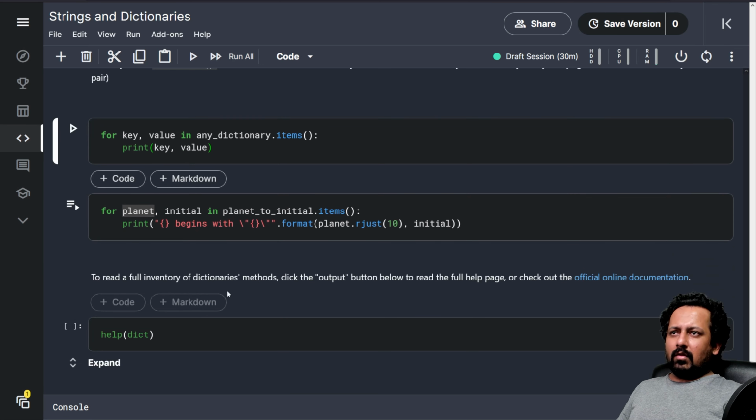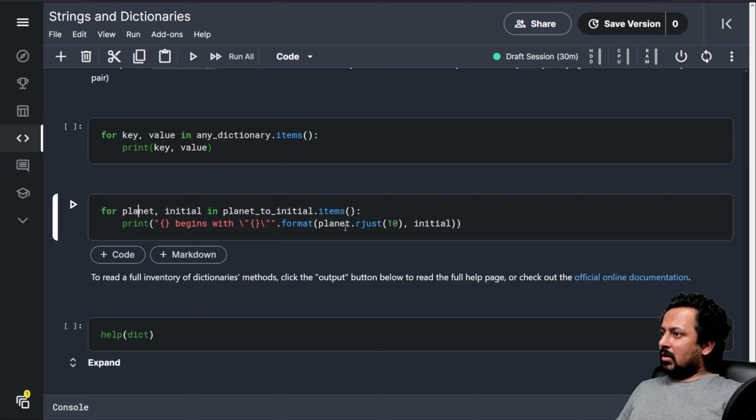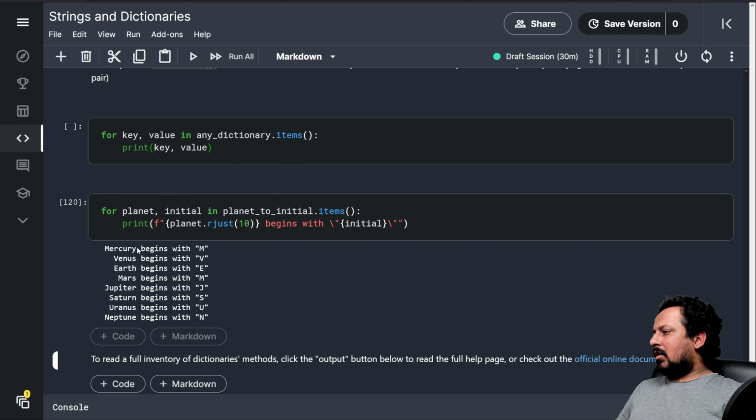This is also one way, and that's what is written here. Let me convert it to F string again and remove this one, and let's see what this loop is doing. Here we add F. That's very important. So Mercury begins with M, Venus begins with V.